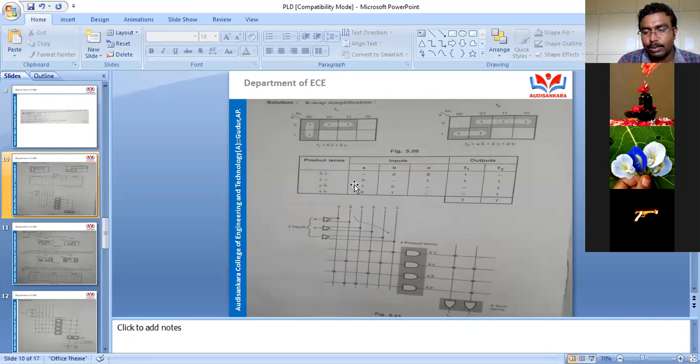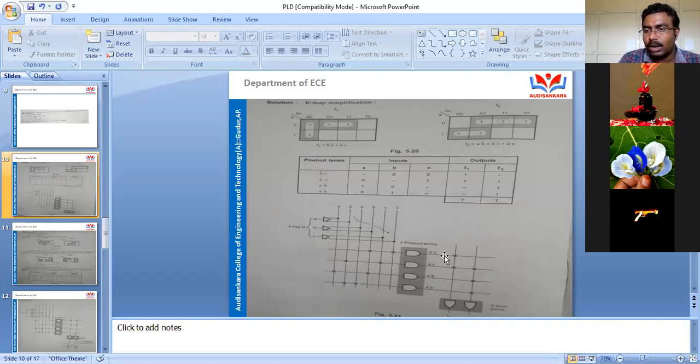After completion of the input buffers, you need to go for the programmable AND array. So how many product terms are there? 4 product terms are there. So you take 4 lines connecting 4 AND gates accordingly. Since your first product term is B bar C bar, take a connection at B bar and a connection at C bar. Then the second term is A bar C. Take a connection at A bar and a connection at C. Your second term is over. Next is A B bar. Take a connection from A, a connection from B bar and give it to an AND gate. And the last one is A bar B. So take a connection from A bar and a connection from B and give it to another AND gate. So the programmable AND matrix is completely designed, students.